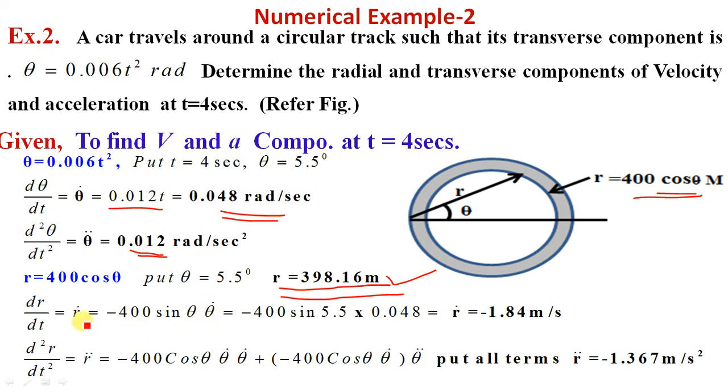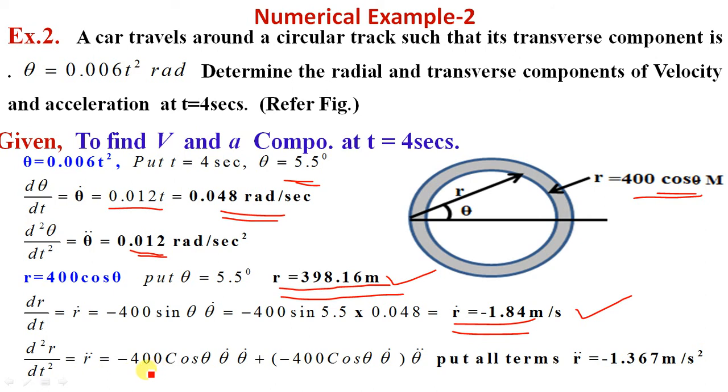Substituting the values at θ equal to 5.5 degrees: minus 400 sin of 5.5 into 0.048, because we have already found the value of θ dot. From that you will get the value of r dot, which is minus 1.84 meter per second. Then again you have to differentiate this equation in order to find r double dot,